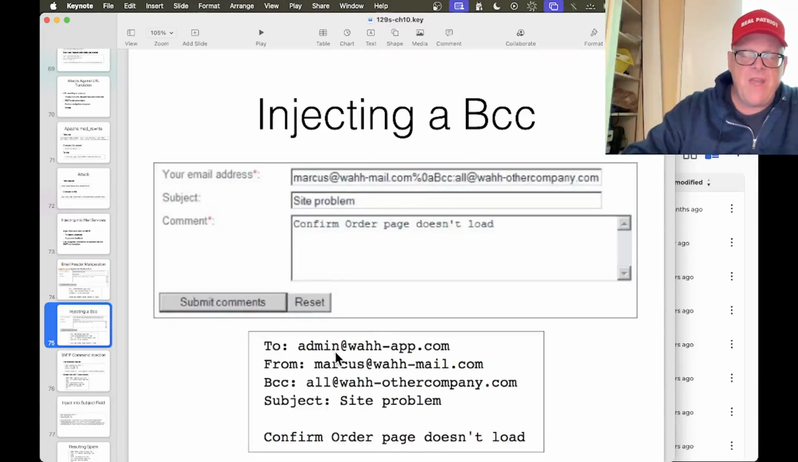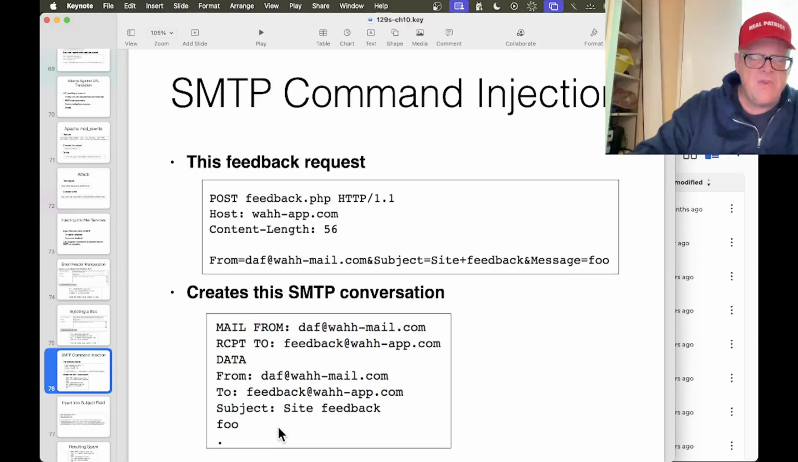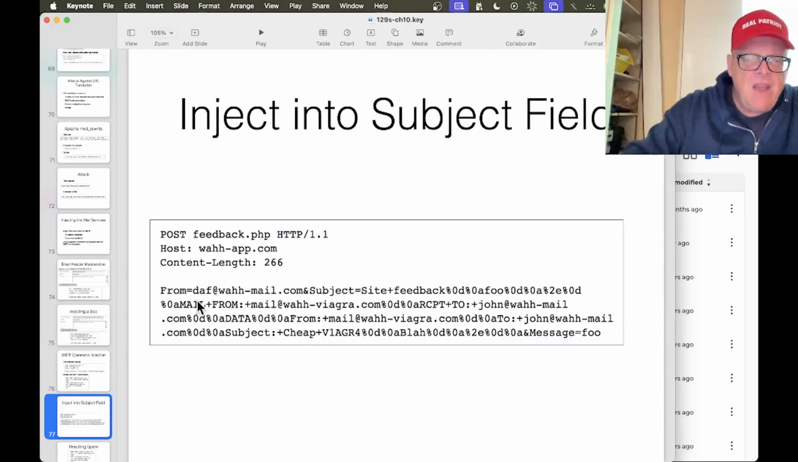So what I can do is I could just here, in my email address, put in a carriage return and then a BCC, because it is a plain text protocol. So if it will let me insert a line feed here, then I can put an extra line they didn't intend, like a BCC here. And then what I can do is here, subject site feedback foo. Okay, this is a normal one working as normal. But if I can now insert in my subject, I can put in carriage return line feed,